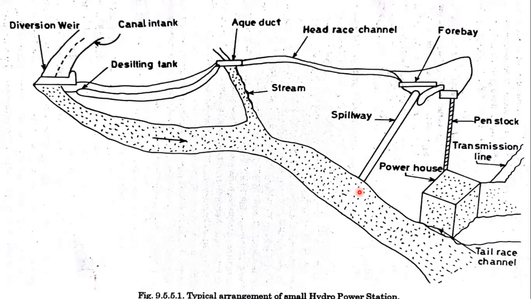The next one is the forebay or balancing reservoir. If the forebay is used as a balancing reservoir, storage of about 4 to 6 hours will be provided on economic reasons. If the forebay is just used as a transit point, storage of